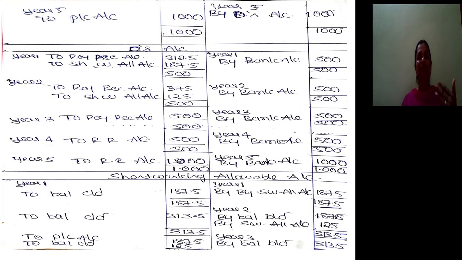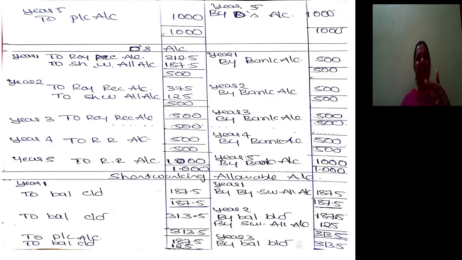Now we are moving towards the fifth year, where the situation is that there is excess and the excess belongs to lessor. Then what is the due entry? The due entry is D's account debtor to royalty receivable account 1000. So in D's account to royalty receivable, in royalty receivable account by D's account, then royalty receivable should be closed by transferring it to profit and loss account.